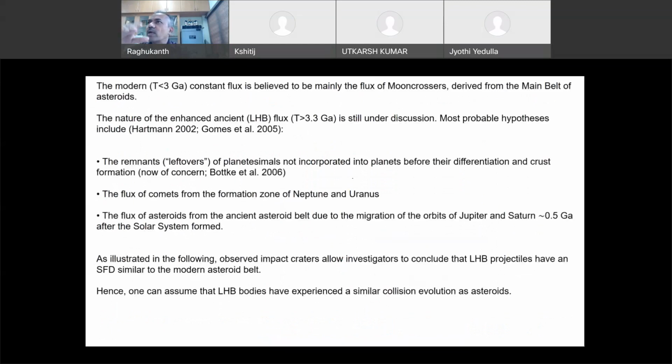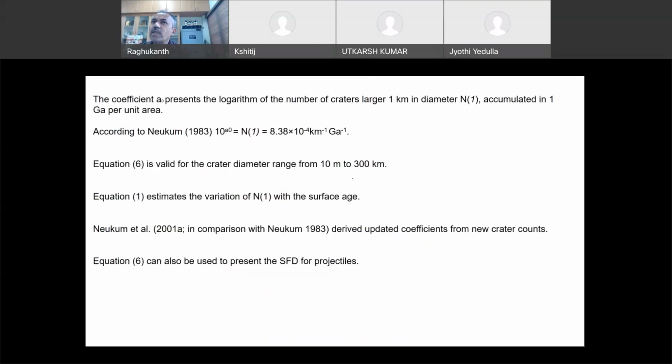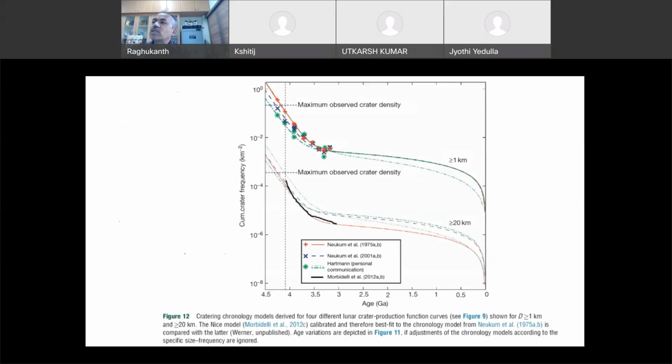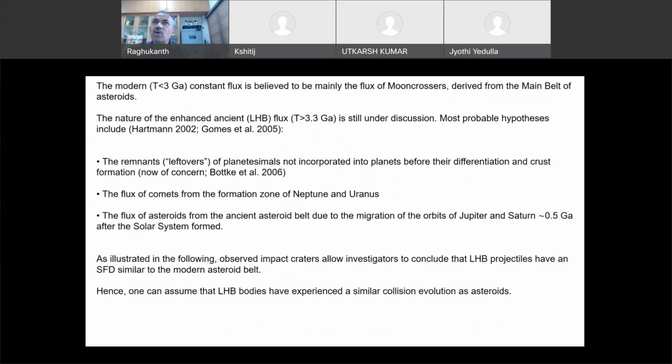Now, I told you that the most important thing about this graph is that we can even find out what the bombardment was in the olden days, when the Moon was formed. How much was the bombardment, what was the impact flux, how many impacts happened, why it has decreased, all those things one can comment on from these types of graphs also. So that's what they say: t less than 3 billion years is believed to be mainly the flux of